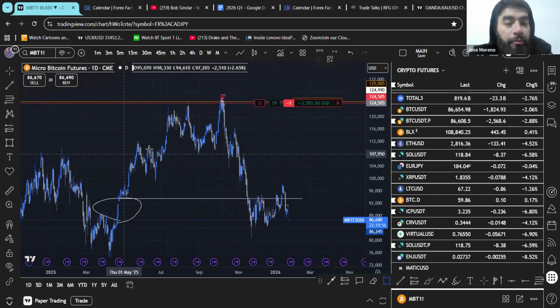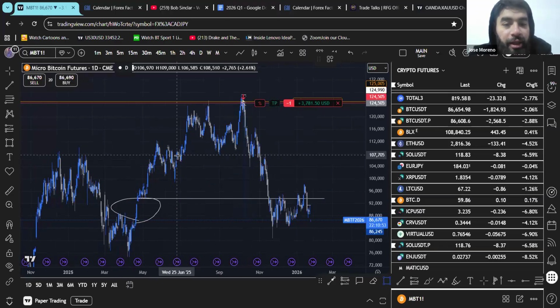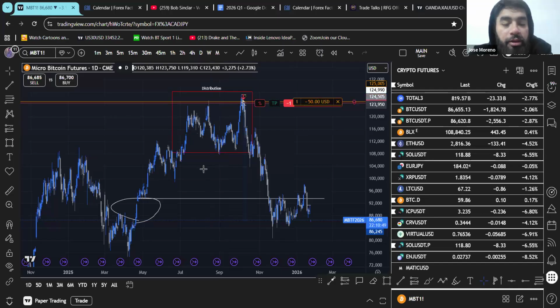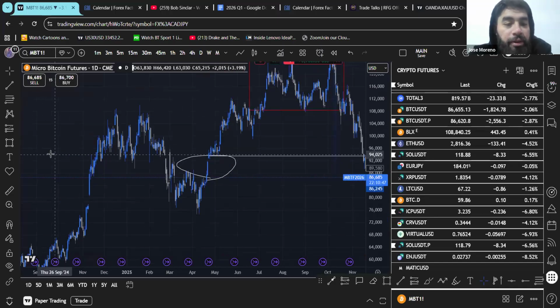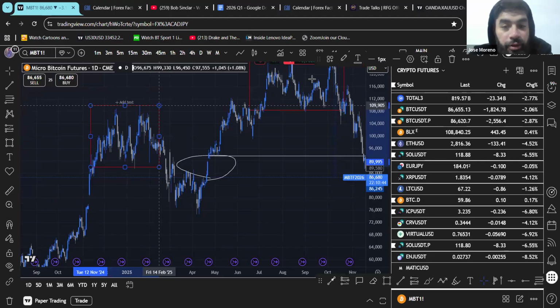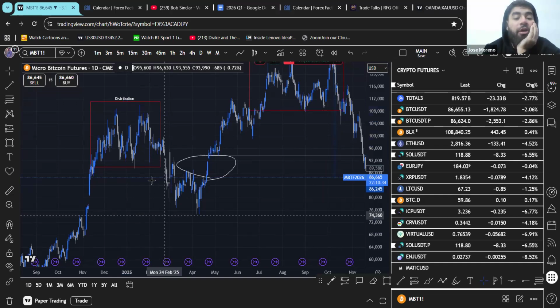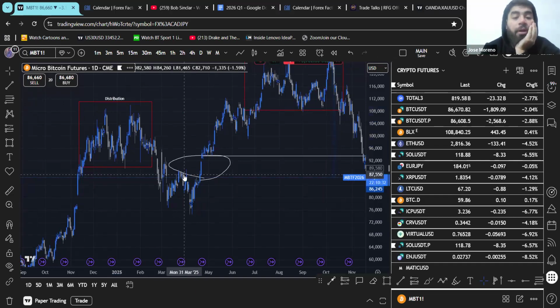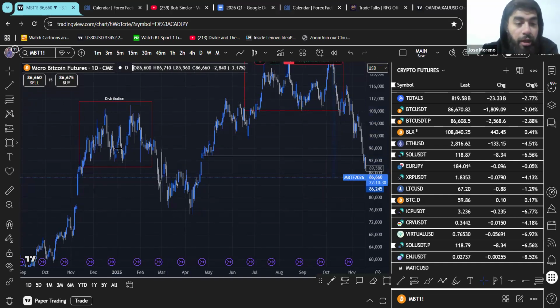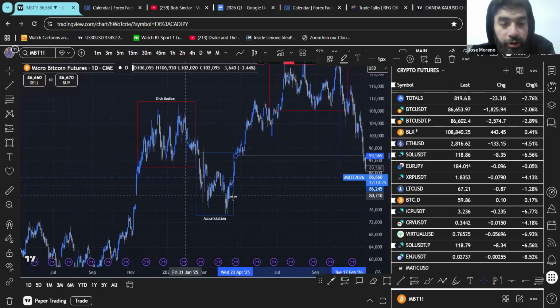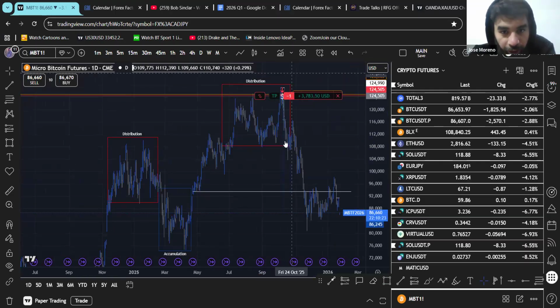So what ended up happening here was, I would say, we definitely distributed here, right? We had these signs of distribution right here. Previously in BTC, we had a distribution here as well, which was something we were calling out way back in the day, myself and Pat, when we were on the sessions back then. We talked about this a lot during 2025, and then we got a pullback, pushing down, and we ended up down here creating our accumulations, right? So we have this distribution turning into an accumulation that brought us up.